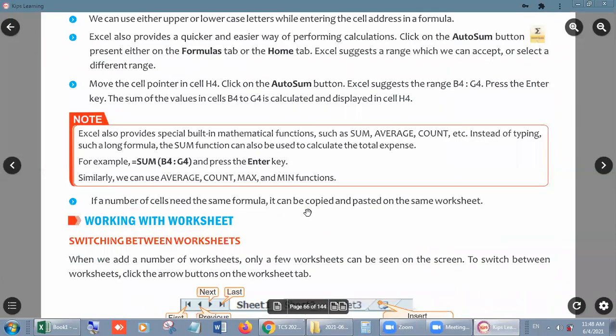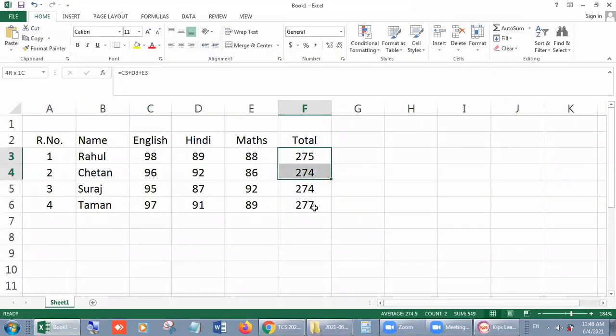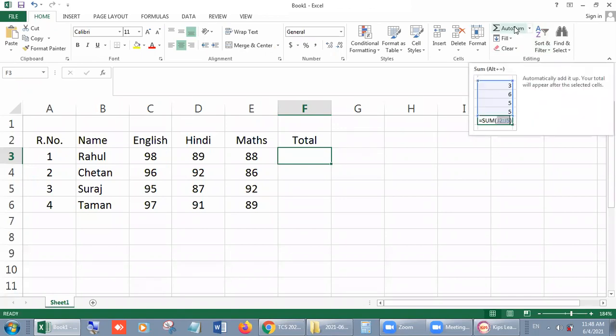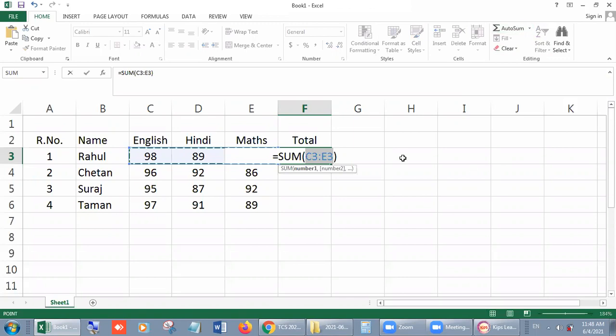Let me shift the page. Excel also provides some functions. You can see here. Suppose you don't want to make like this. Suppose you want to make total with the help of some function, right? So click where you want to total and click on home button, and in the editing section, editing group, you have auto sum option, auto sum. Click on it. Look students, it automatically gives the formula and the range also.